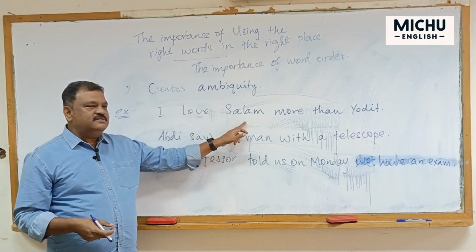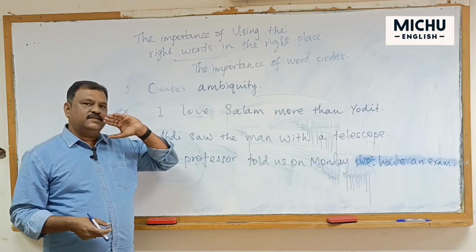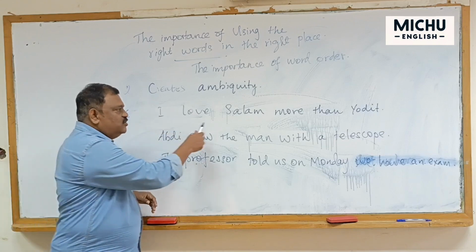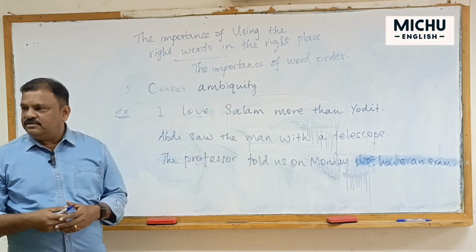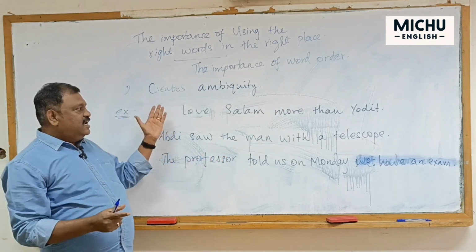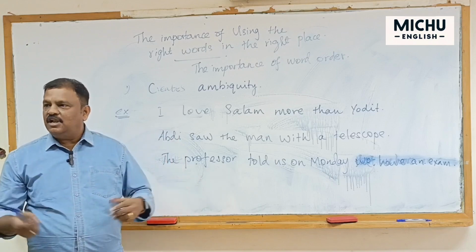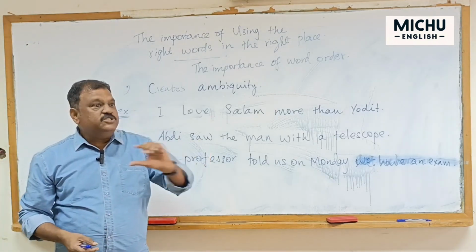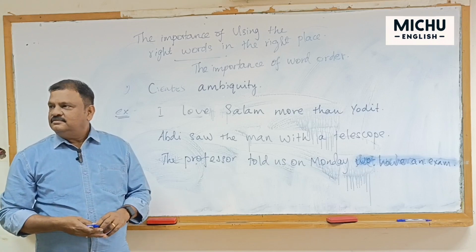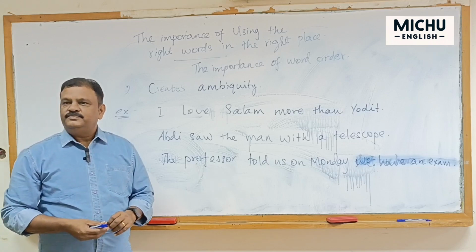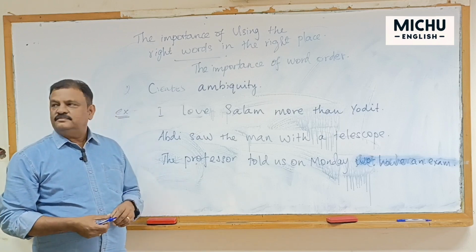So don't write such sentences. Instead of this, you can write it clearly: I love Salam more than I love Yodit. Then there is no confusion. Or: I love Salam more than Yodit loves Salam. That's how in one sentence you can write without any confusion. The reason they use this example is that such sentences are not right to use. In speaking, you can use it, but